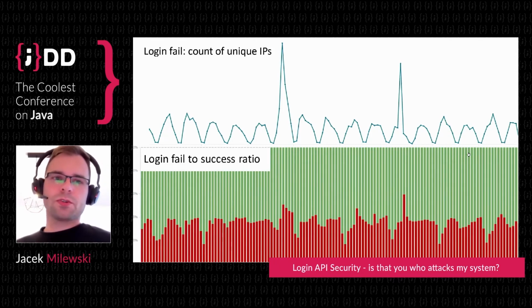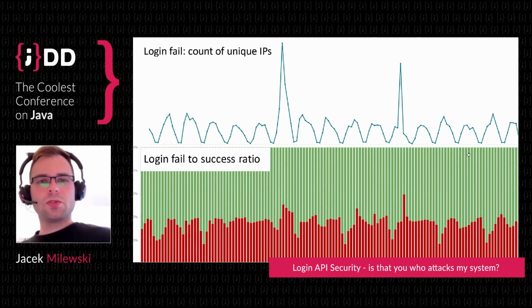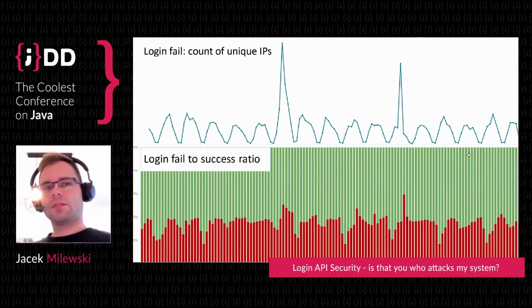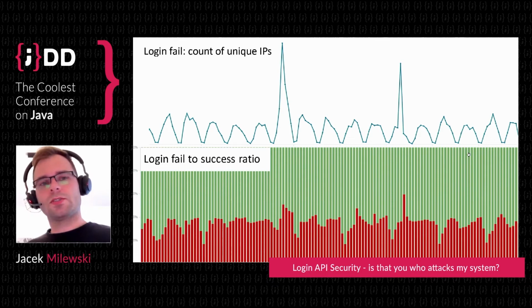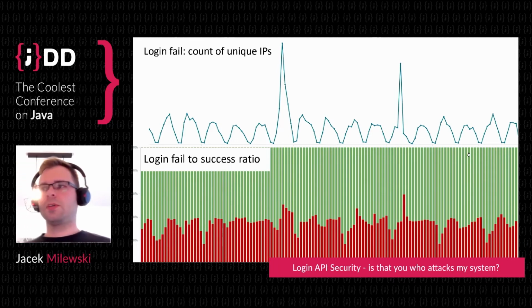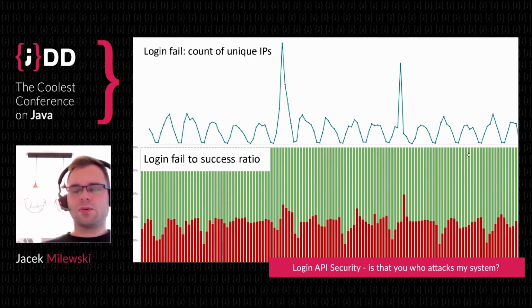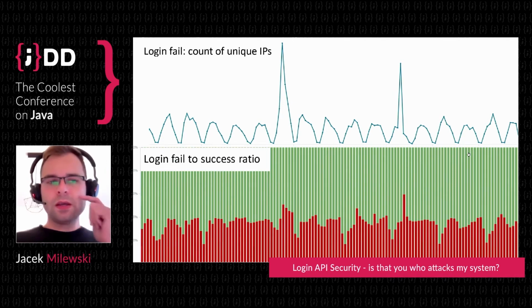What you should observe, what do we observe in our case? Well, we watched basically two metrics. First is the count of unique IPs. Because most of the attacks are distributed, we have a lot of IP addresses that are calling us. And the number of unique IP addresses is a pretty good metric because you see spikes when some distributed network is calling you.